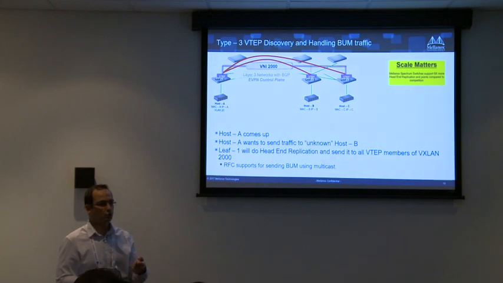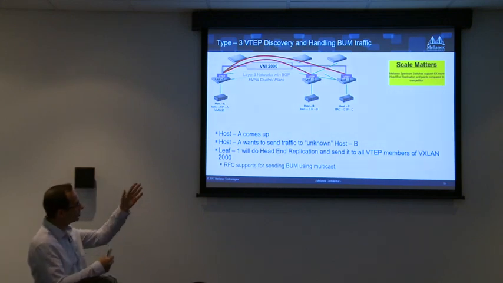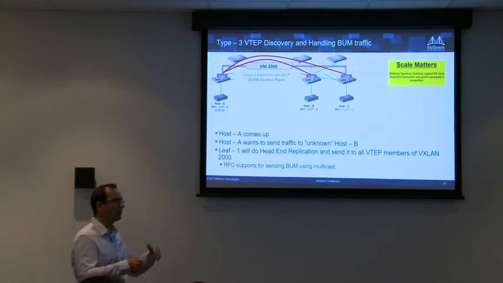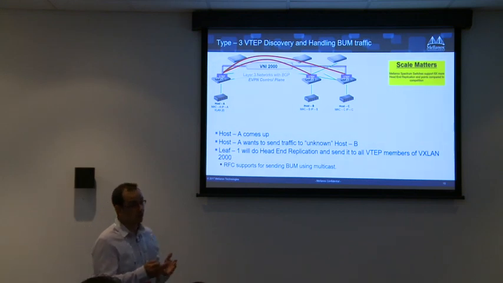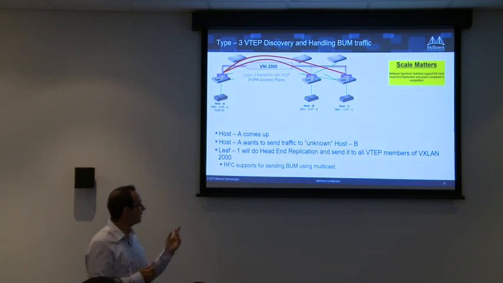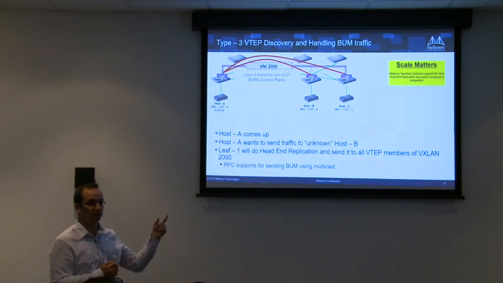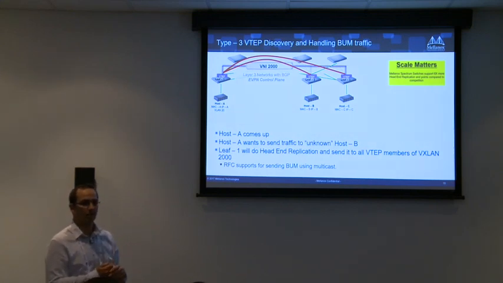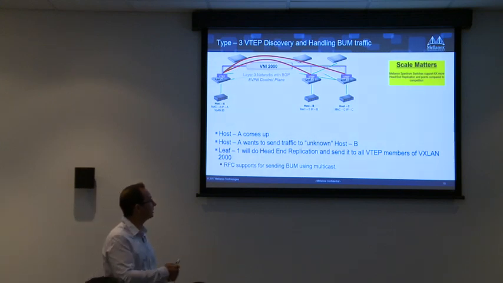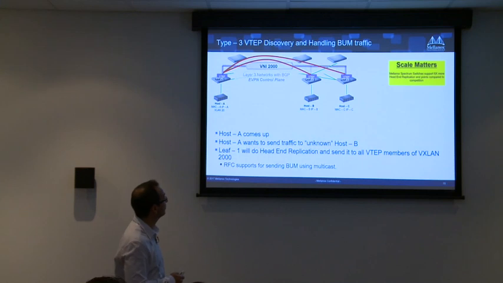This is a pure silicon capability. For example, I didn't touch the yellow boxes. Many vendors talk about how many VXLANs they can do. Not many vendors talk about how many VTEPs they can do, because head-end replication is a very difficult task. For example, we can do 750 top of racks, while other vendors can do 128. This is just one example. And by doing that, it's sending the traffic to all the VTEPs on the fabric.